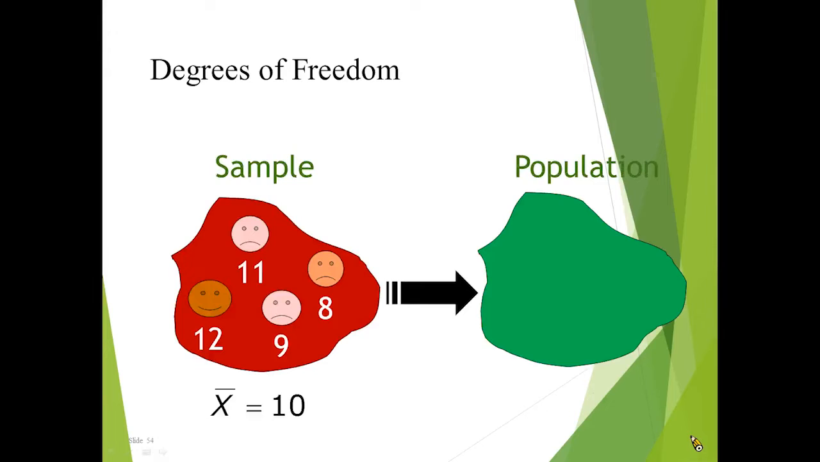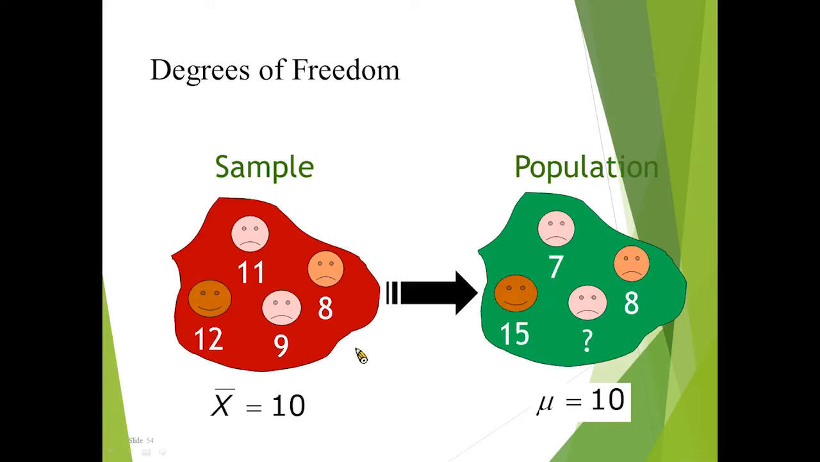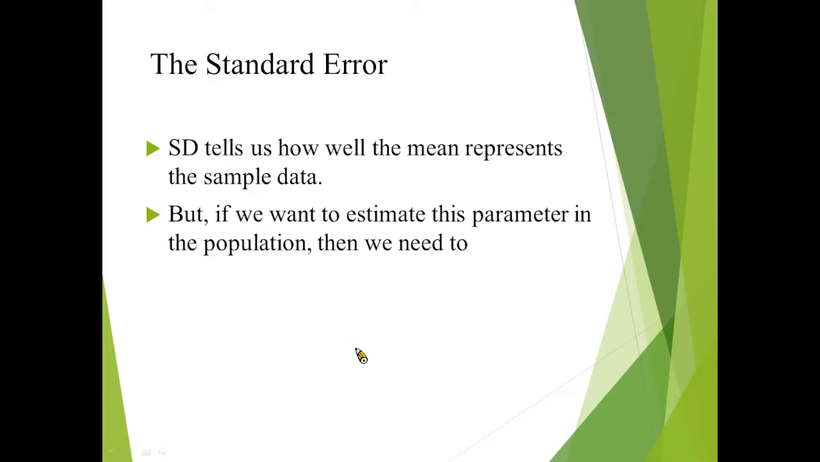And another one, degrees of freedom. On the left side you can see the sample, and this is the population. And the next one, the standard error. Standard error tells us how well the mean represents the sample data. But if we want to estimate the parameter in the population, then we need to